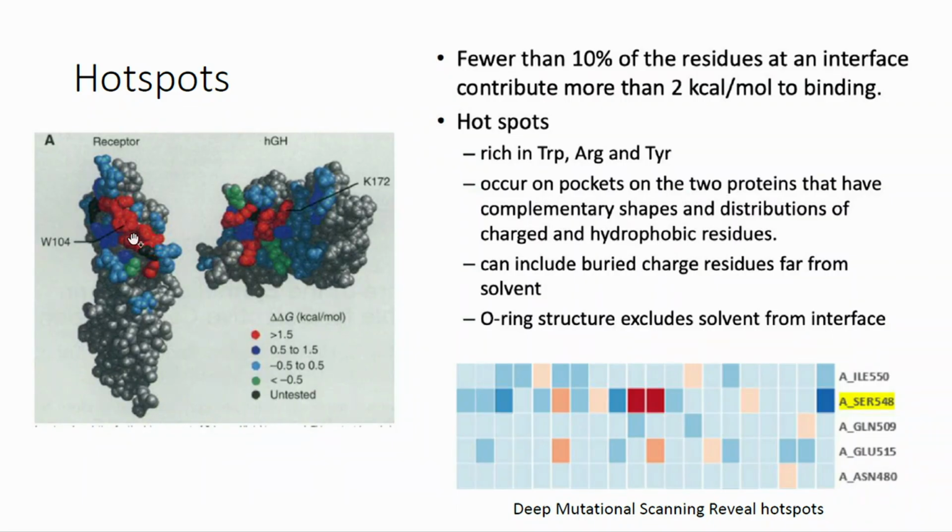So these hotspots are considered super important, and so it's very likely that if you alter them into something else, then you will lose binding or significantly lose the binding affinity. So one way of guessing where the hotspots are is doing this mutational scanning, which we mentioned a little bit in the previous, where you just blindly mutate the residues at the interface, and you will observe different amounts of shift in binding affinity for these two systems. So this kind of data can be used as a high-level approximation of where the hotspot might be,